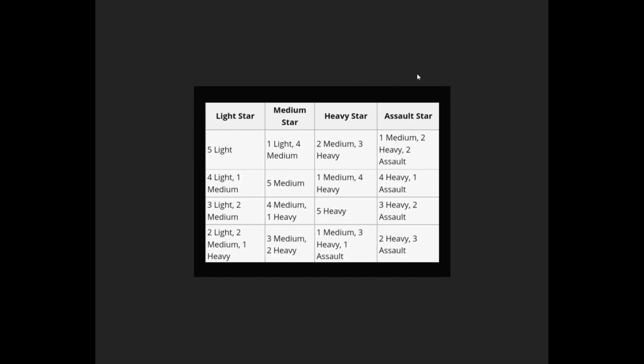But obviously this is a rule and rules have exceptions. So do what you will with this information. I tend to stick with these formations. They make a lot of sense. And if you stick with one of these